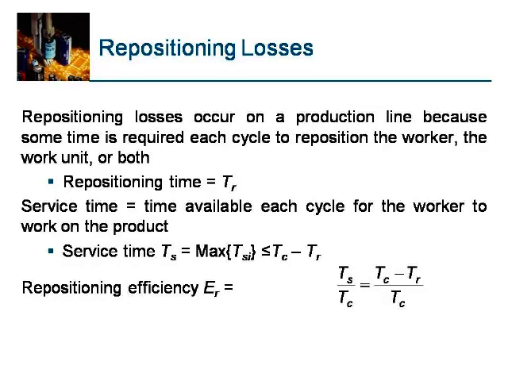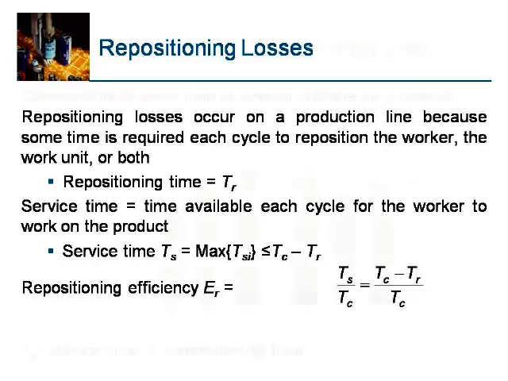TS is equal to the maximum of TSI, which is nothing but TC minus TR, where TR is the repositioning time and TC is the cycle time. And repositioning efficiency is equal to TS by TC, which is 1 minus TR by TC. If TR is 0, repositioning efficiency is 100%. That means he is not wasting time for